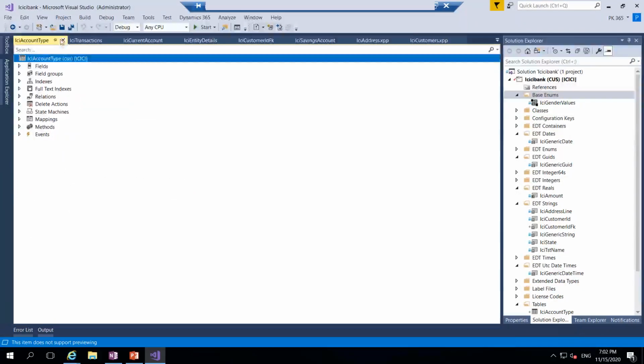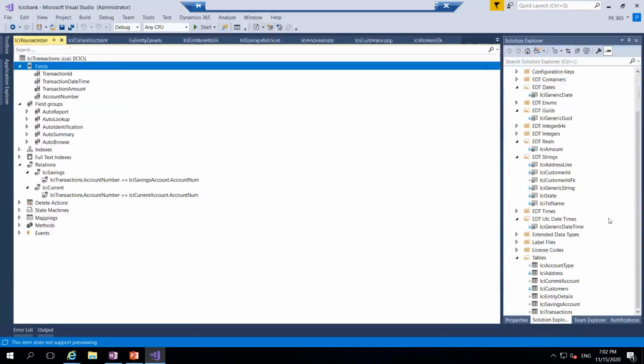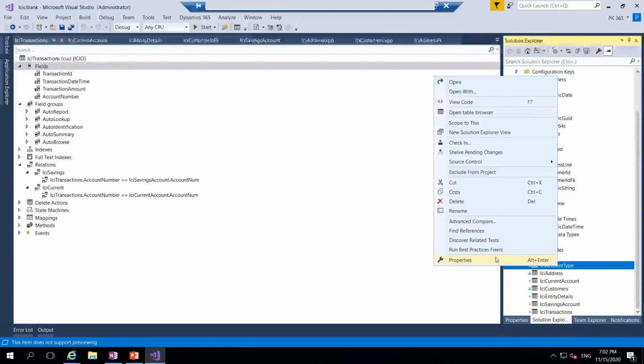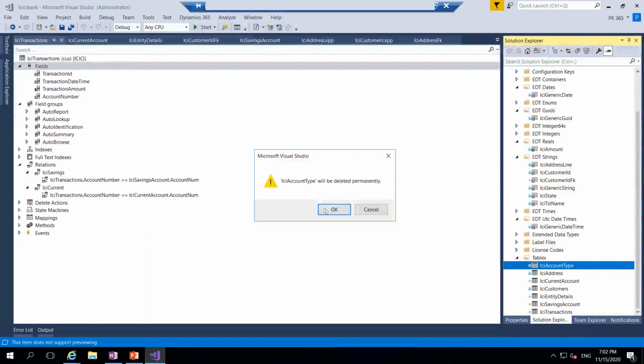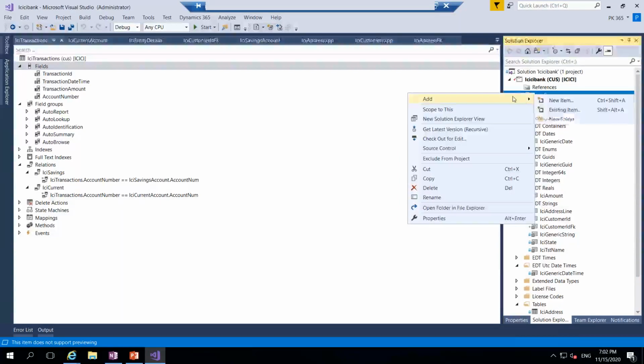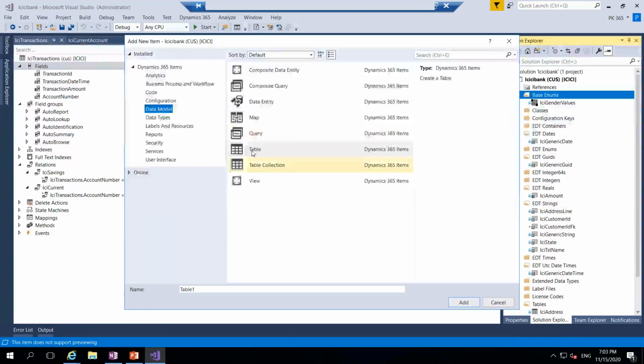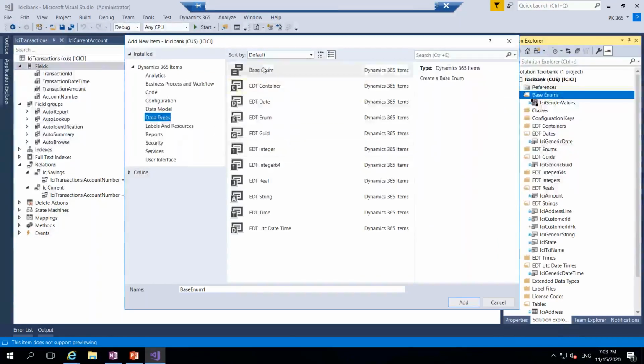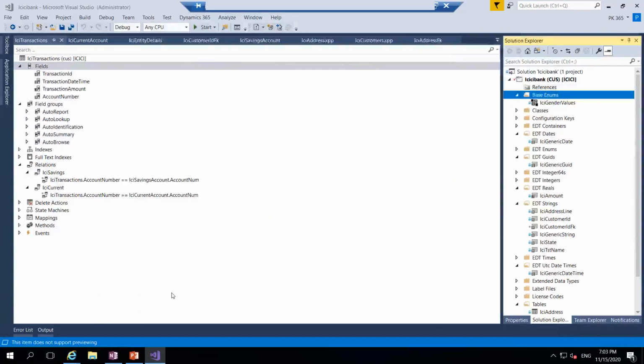Oh, I have created a table. 1 second. I haven't seen that. Give me a second. It is on the table. I need to create a base enum, not a table. Right click on the add button, new item. It's on the table. I need to go to data types, base enum, and let me call this as ICI account type. Okay. So I will drag and drop the base enum directly, but you need to create a EDT